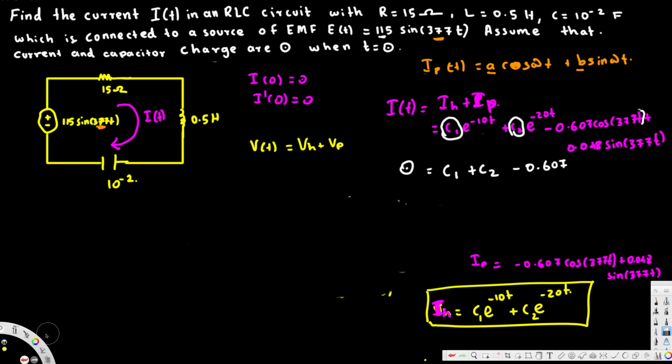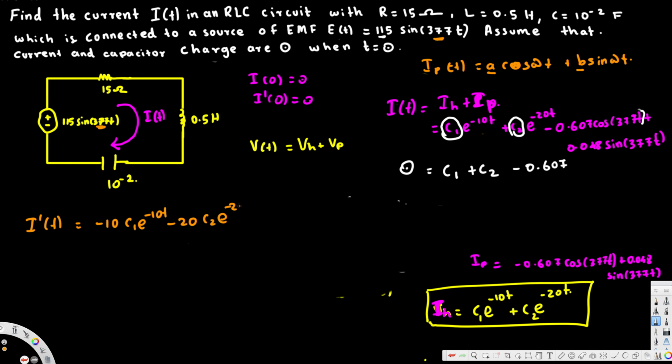Okay, so let's go ahead and take the derivative. If we take the derivative of this function, we are going to have I prime of t, which is equivalent to: the inside derivative is going to be negative 10. So negative 10 c1 e power negative 10t plus, so we can get rid of this plus right here, it's going to be negative 20